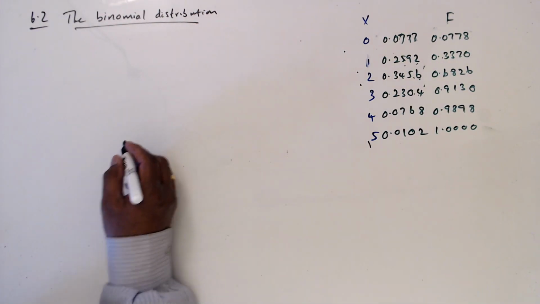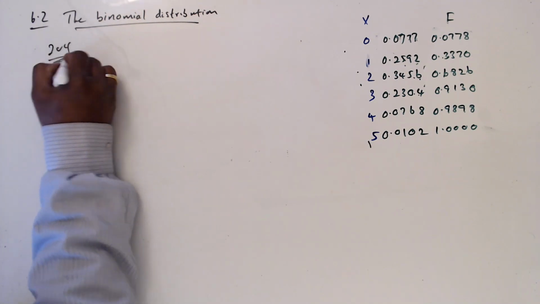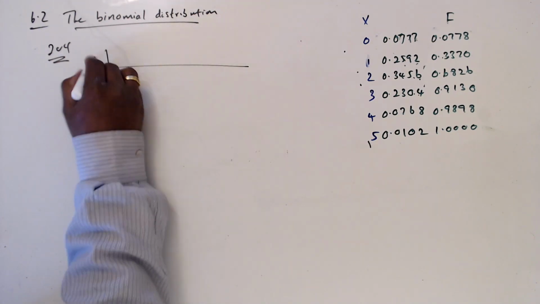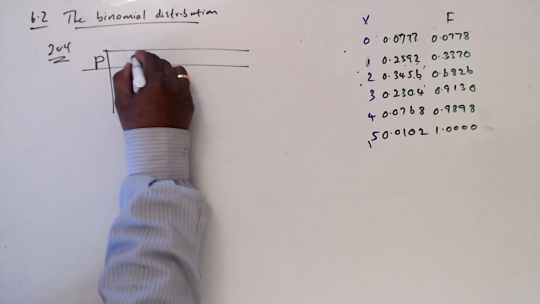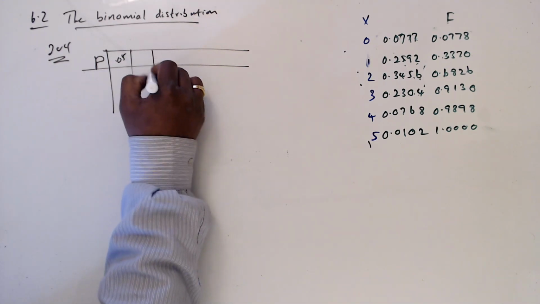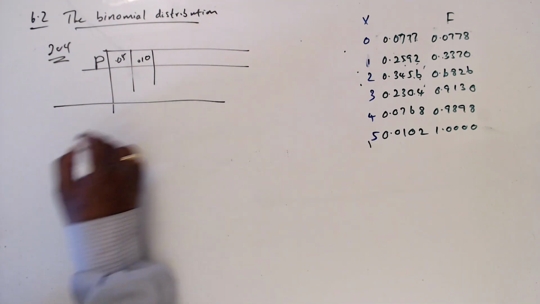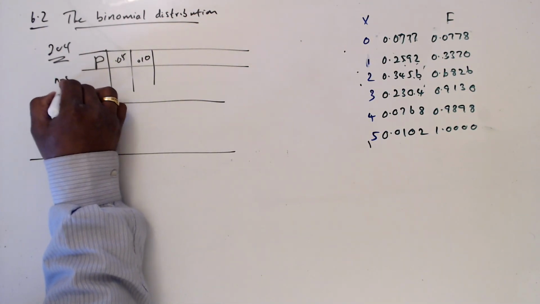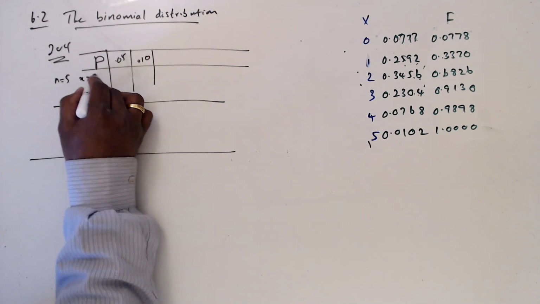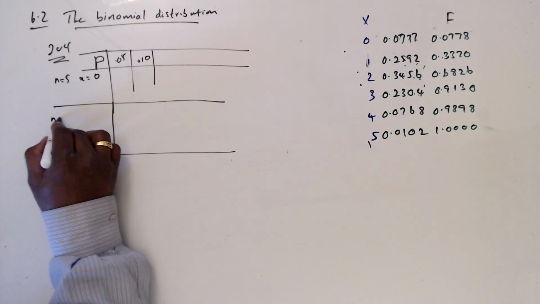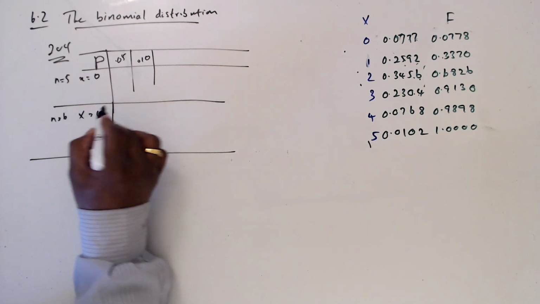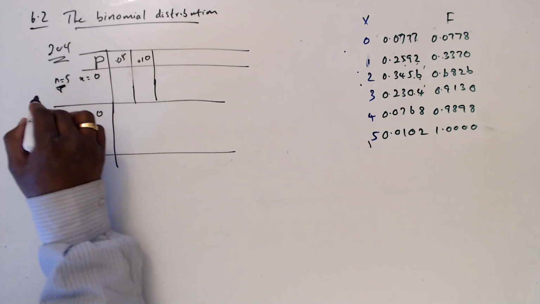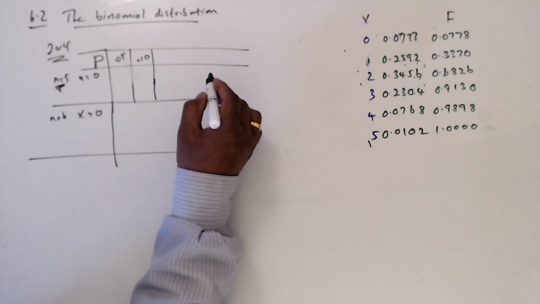Now if you go to page 204 on the book, binomial distribution function, you can see the chart. You can see P here, then 0.05, 0.10, likewise. So this is n equal 5 and x equal 0, and n equal 6, x equal 0. Because I select 5 trials, this has to be a 5, and then you want to go to